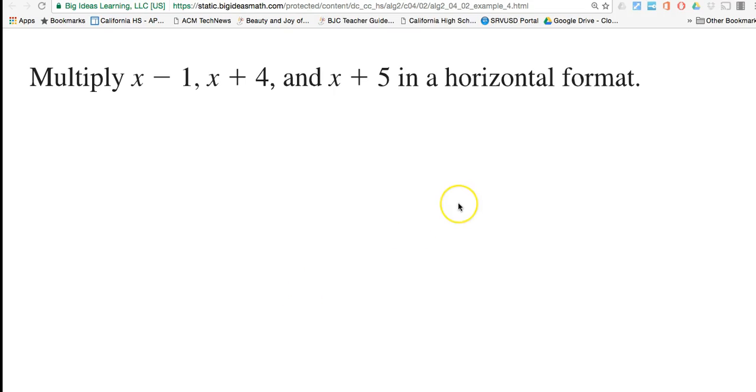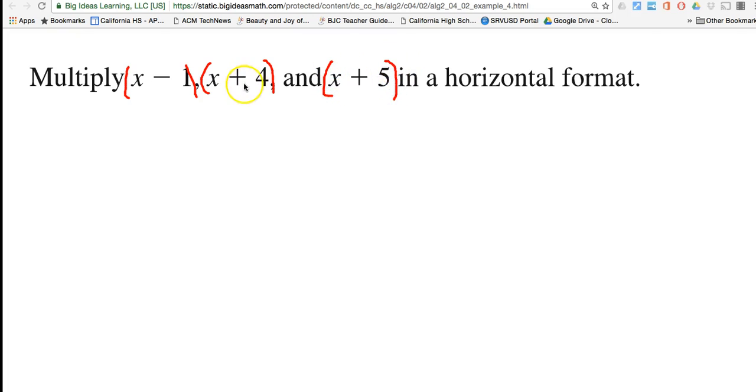All right, so you've done substitution and you've done addition. Now you're going to multiply in a horizontal format as opposed to the vertical format that you just looked at. So now we've got three different polynomials right here. We've got our first one, x minus 1, our second one, x plus 4, and our third one, x plus